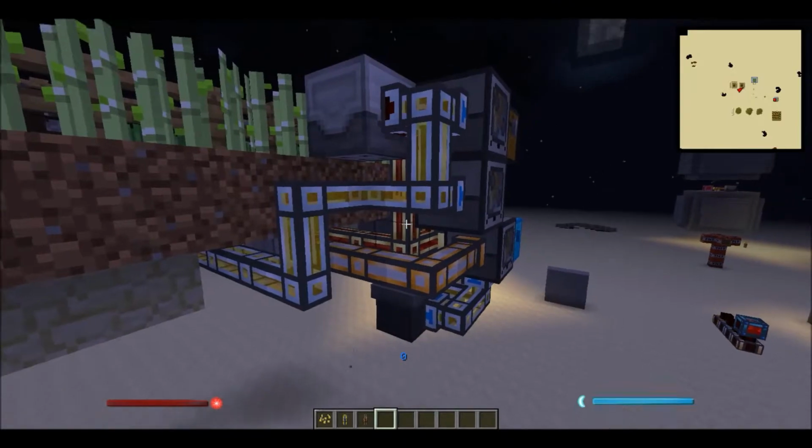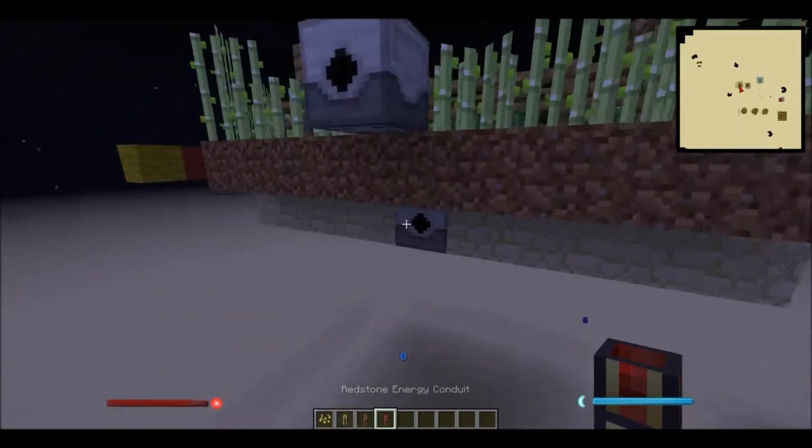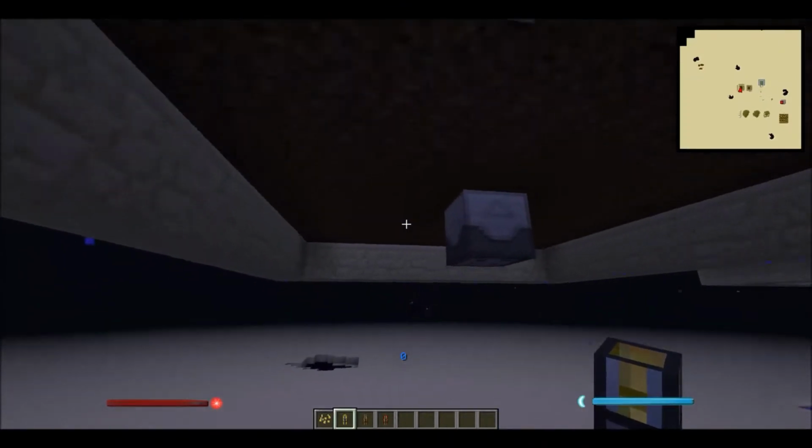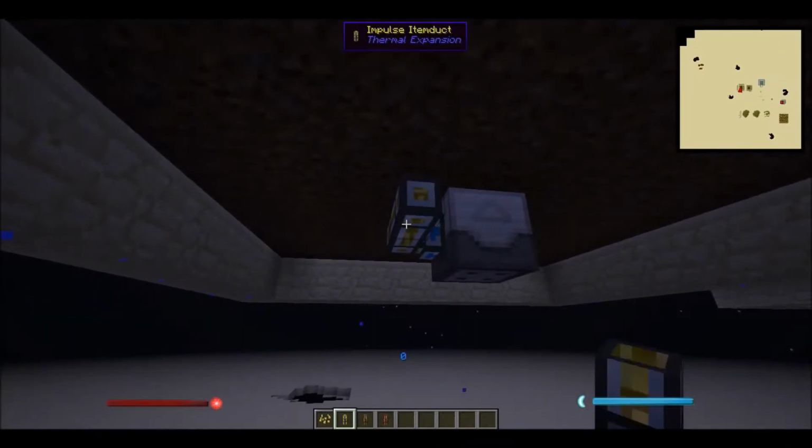Next thing you want to do is, if we grab some pipes, we'll attach the pipes up first. So first pipe which we want to attach up is items. I'm just going to do